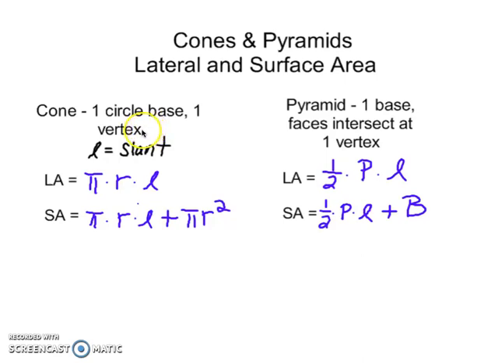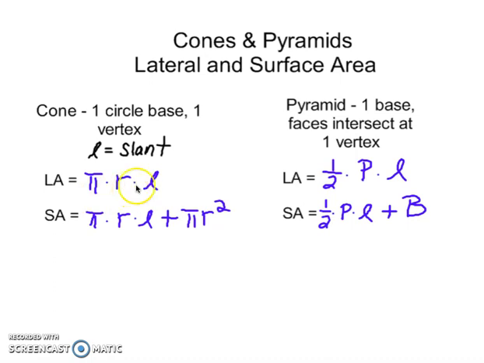This video is on the lateral and surface area of cones and pyramids. So first of all, a cone is like an ice cream cone. The description of it is that it has one circle base, it has a vertex, and then it has a slant. The lateral area is pi